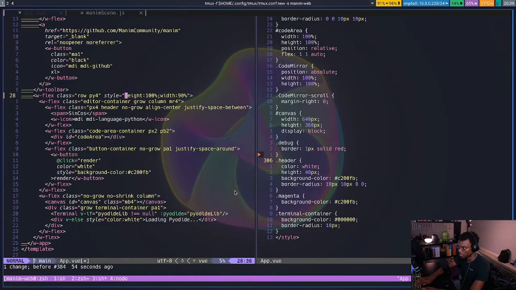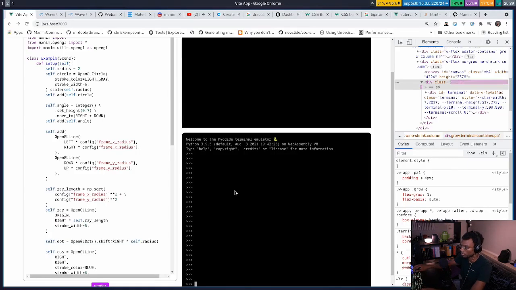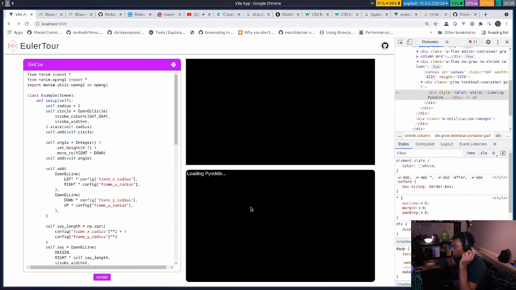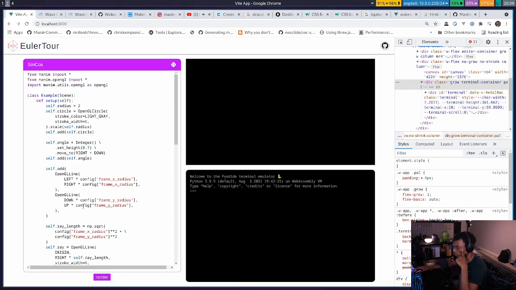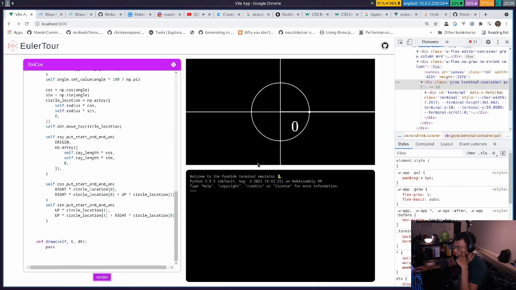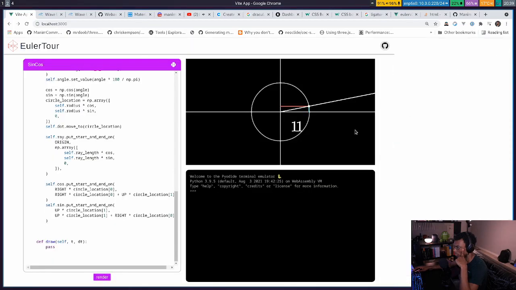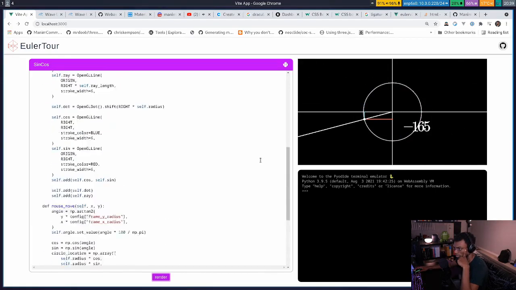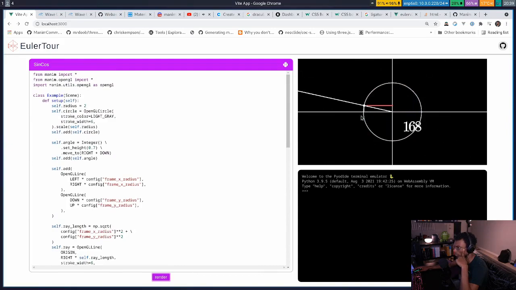Okay, well, now I'm stuck, so... This is so close. Like, right now, it's the right size. Anyway, this mostly does what I expect it to do. Cool, so maybe I'll just